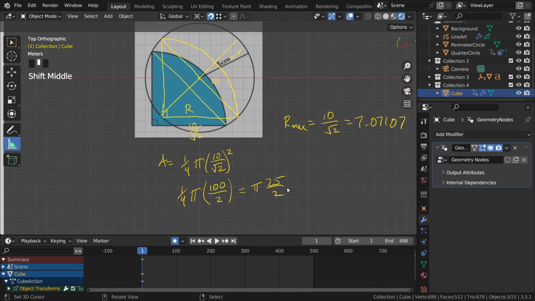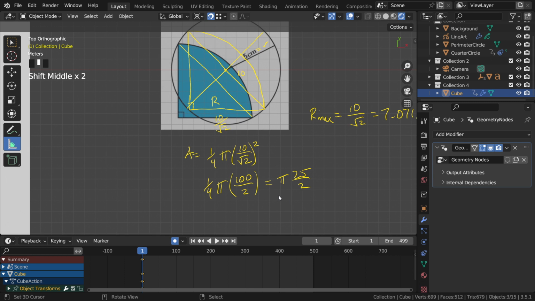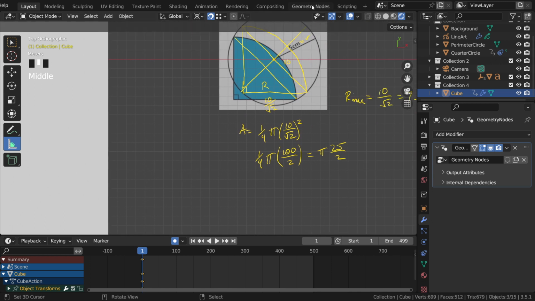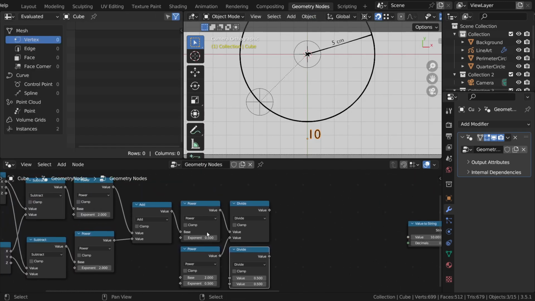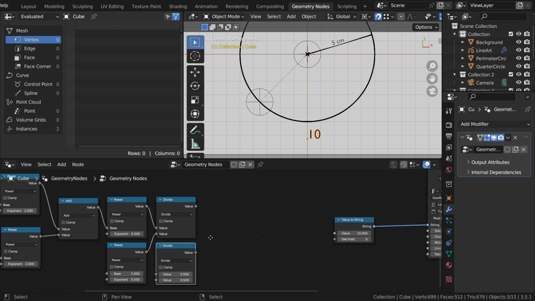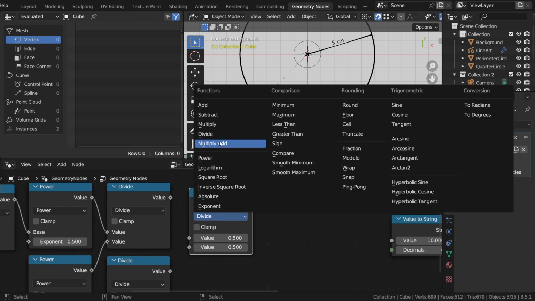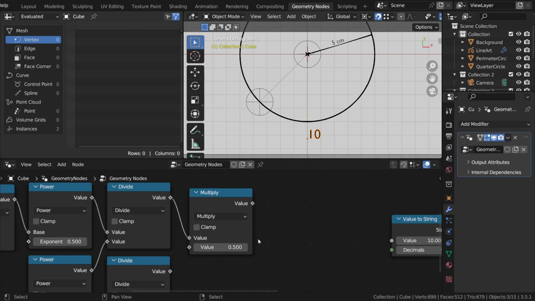So what I really want is pi, the area is pi times 25 or 2 for that max area, but it really needs to be 1/4 of r. So we're calculating r, so 1/4 r squared. Let's go back over here to the geometry nodes. So what I was saying is that I have r, this should put out r, and that's going to be then multiplied by